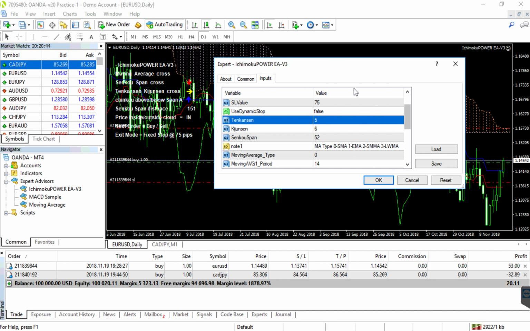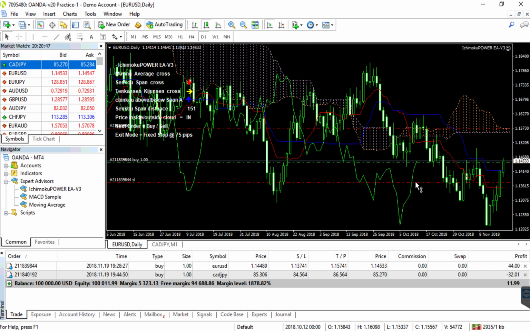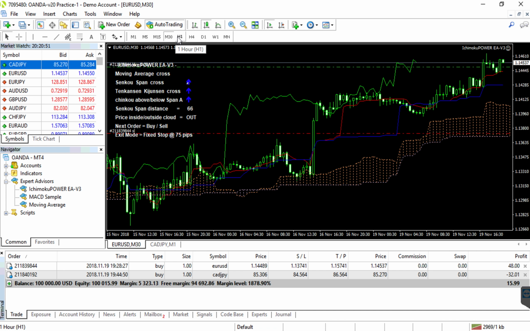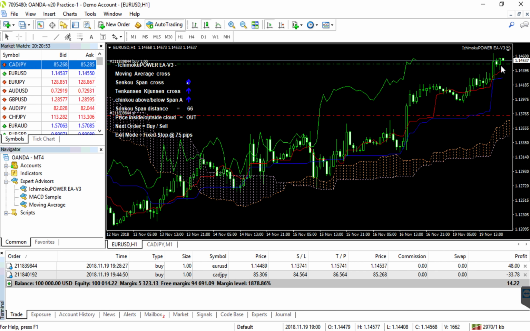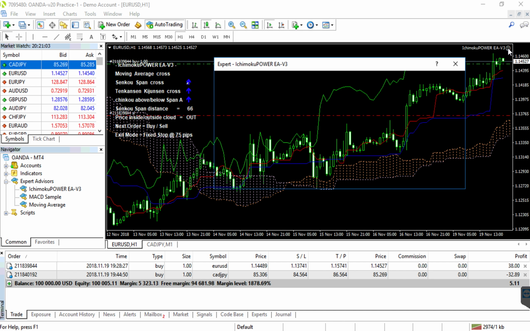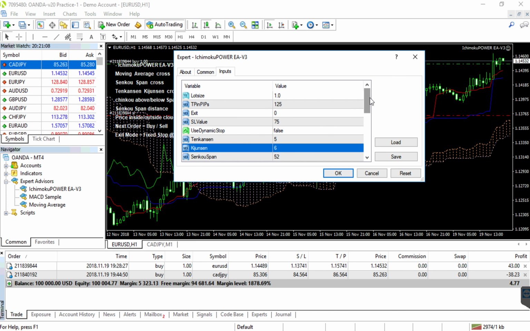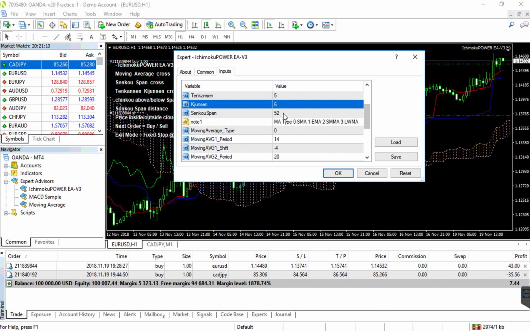If it's not very volatile and you're looking for entries, you want to go to, let's say, 1 hour or 30 minute. You can see here on this 1 hour, there's a lot of support that's getting built. The cloud is kind of thin. So you want to start looking for entries maybe on a short reversal. So you want to go into the settings and maybe shorten these up. They're already kind of short, 5 and 6, 52. These represent the amount of candles back. So maybe we want to